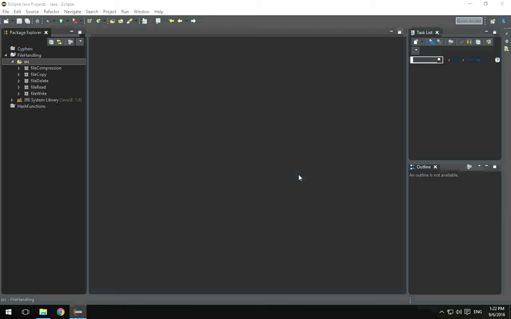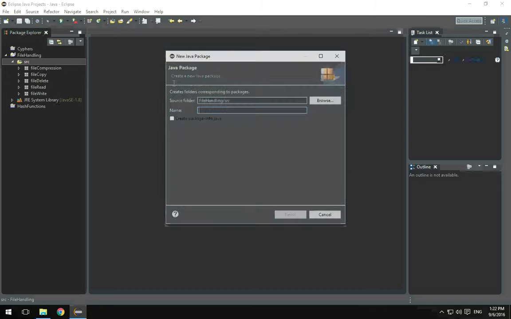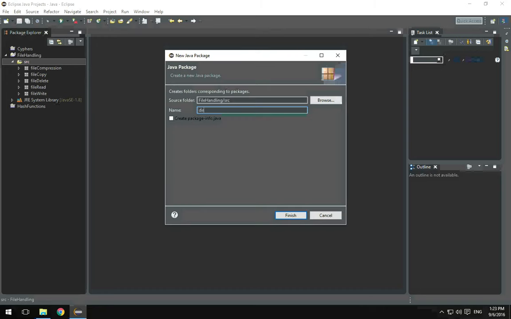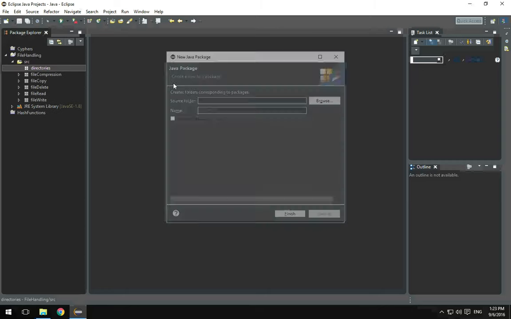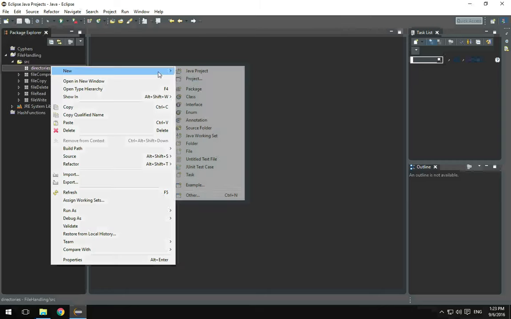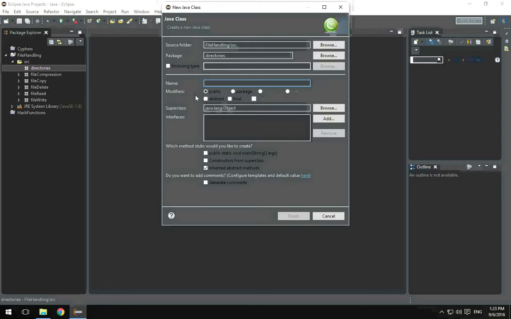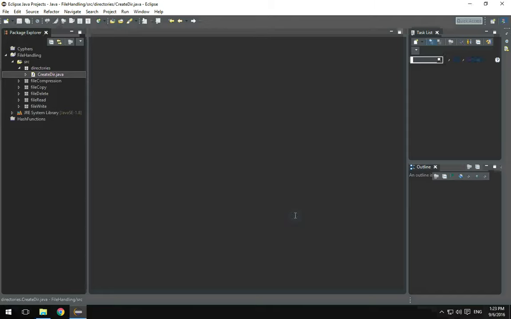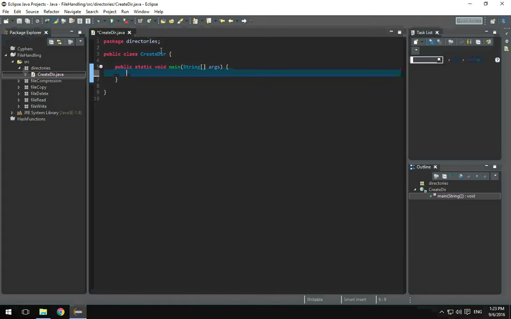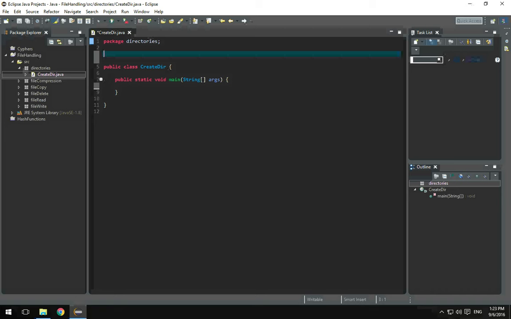Hey guys, in this tutorial I will show you how to create one directory or multiple directories using Java. So first let's create a new Java package and call this package directories. Now in this package let's create a new Java class and call this class create_dir. We will take the main method in our class. Click finish. Now first we need to import the File class